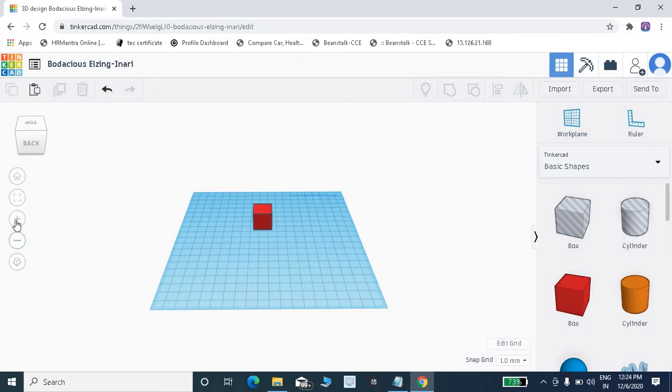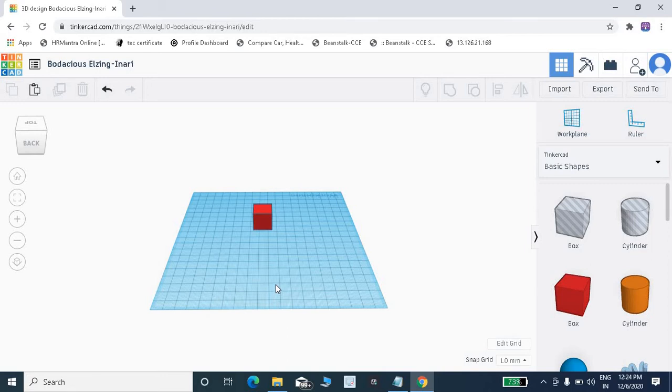Okay, so this is zoom in and zoom out. Then next one, this is the work plane. This is the working area where you can create your design.